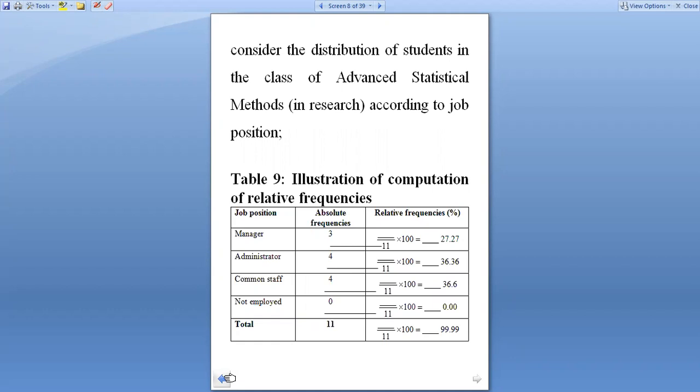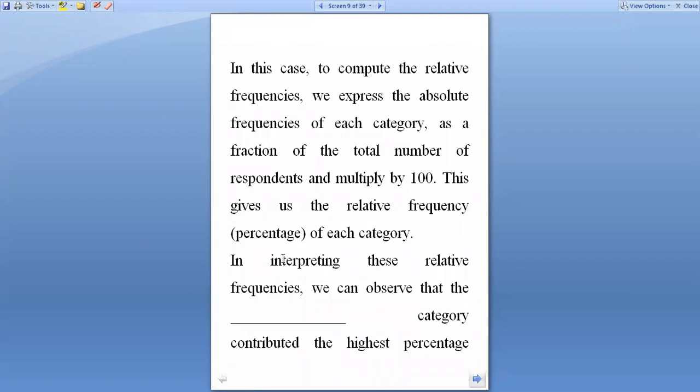For example, here, as you see, the administrators and common staff are equal. But if I look at the managers and the administrators, they make a percentage of 63. So let us look at a sample of this interpretation. We can observe that the